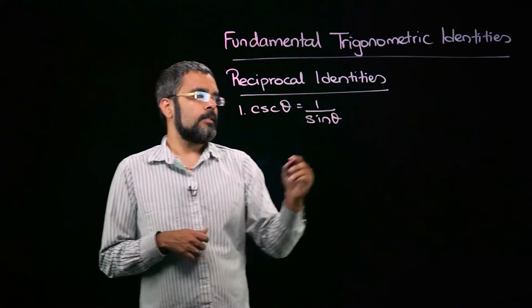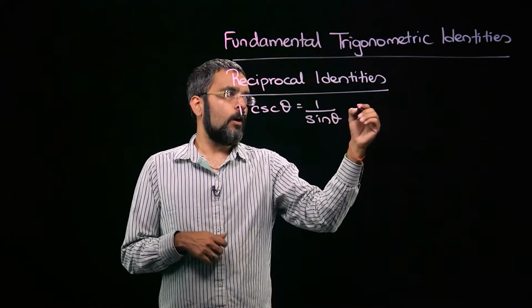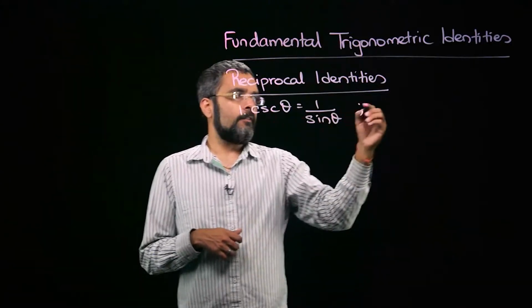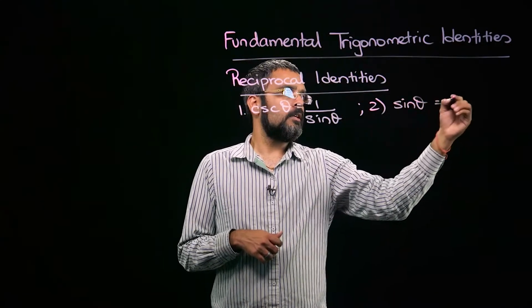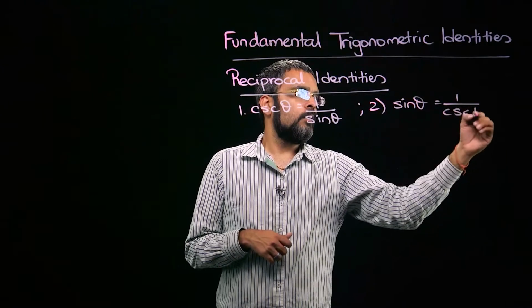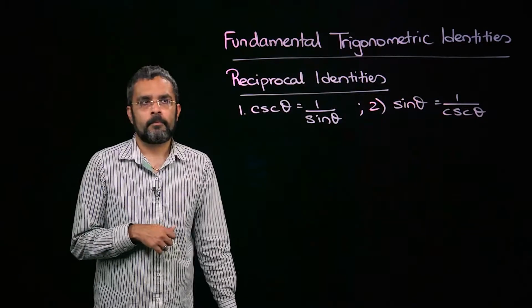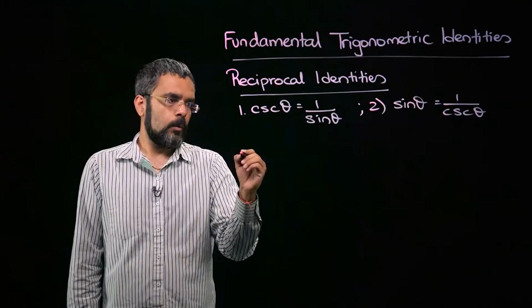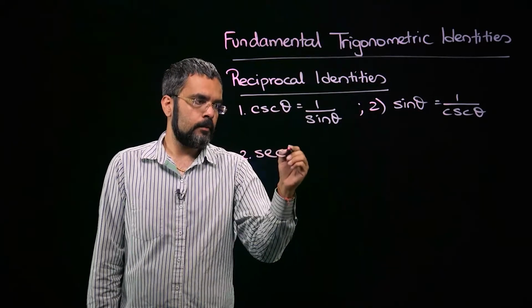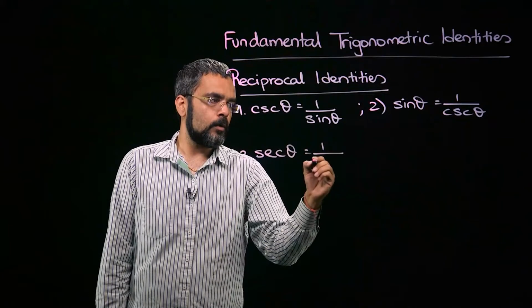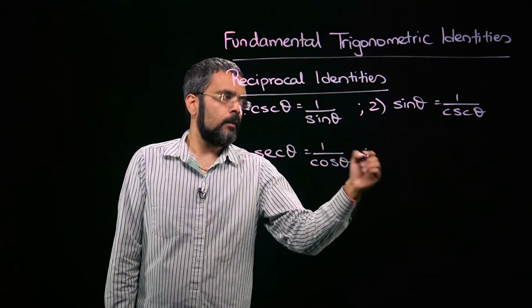And obviously to go along with that we have number 2, which is sine theta is 1 over cosecant theta. Okay, the third one we have is secant theta is equal to 1 over cosine theta,